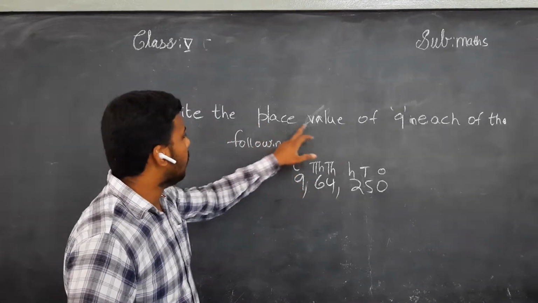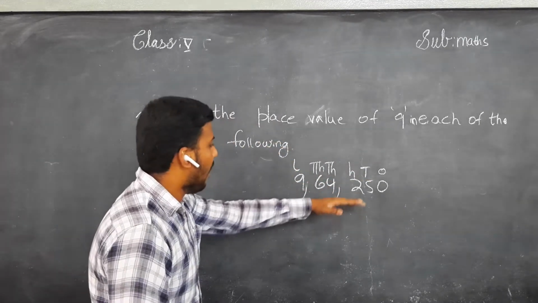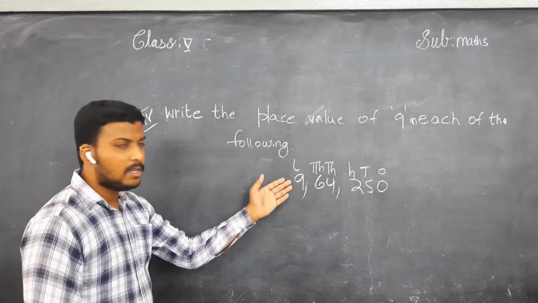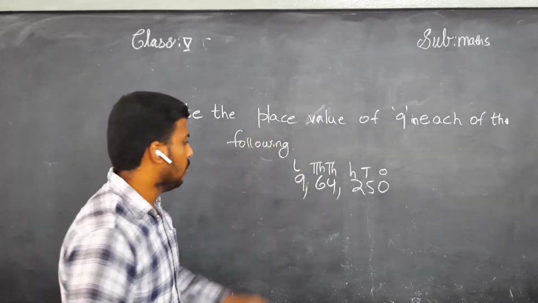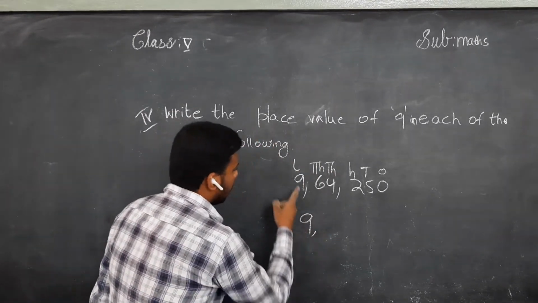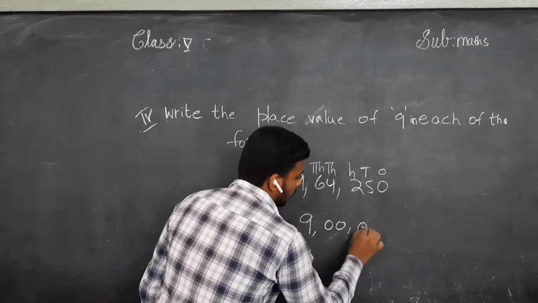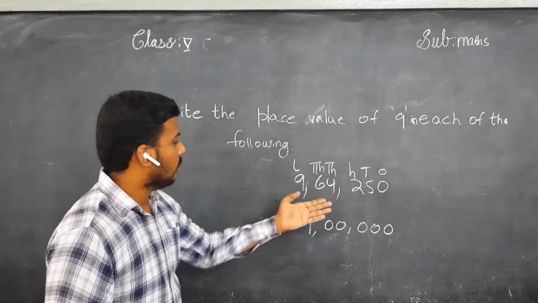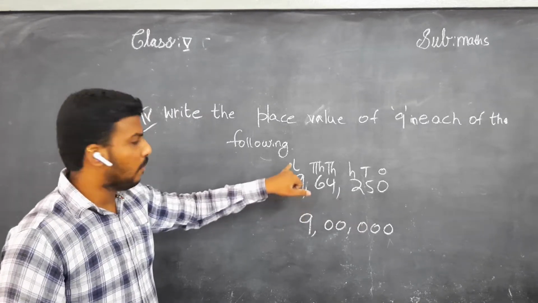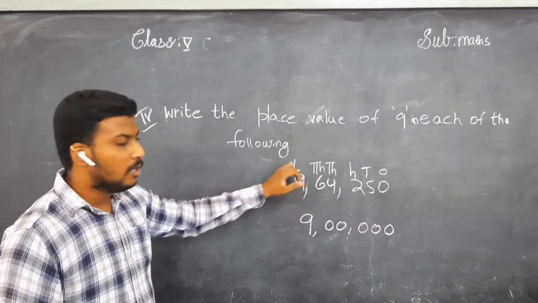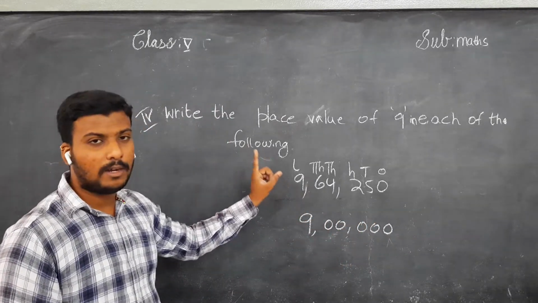And in the place of lakhs we have the 9. They said already, write the place value of 9 in each of the following number. Understand? This is a number and we identify the number 9. It is in the place of lakhs. So we have to write the place value of just only 9. See, 9. 9 into 1, how much? 9 lakhs. See, that we have to write like this. This is the place value of 9 in this number. Understand children? In this total number, the 9 is in the place of lakh, 9 lakhs. So we have to write in expanded form of only this number, 9 into lakh, 1 lakh, 9 lakhs.